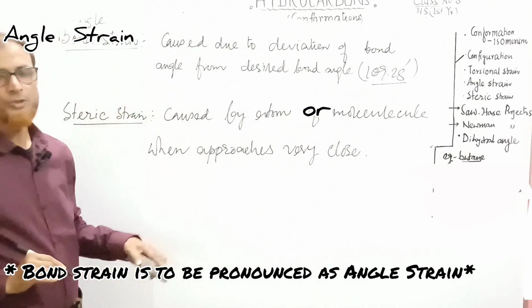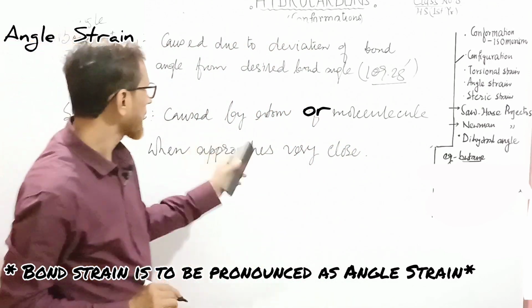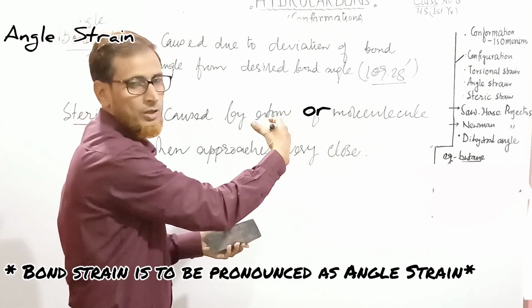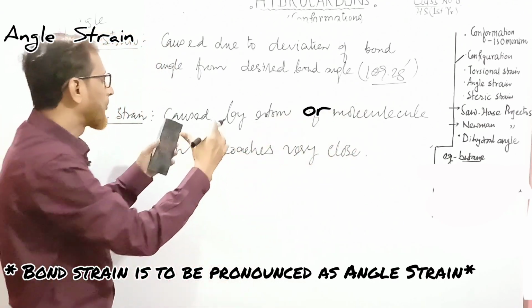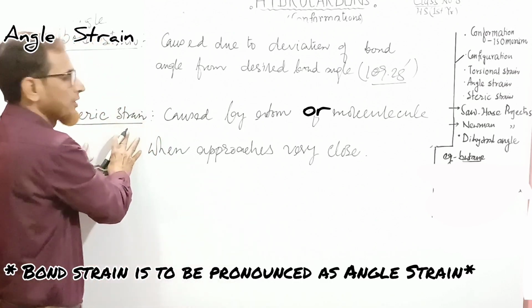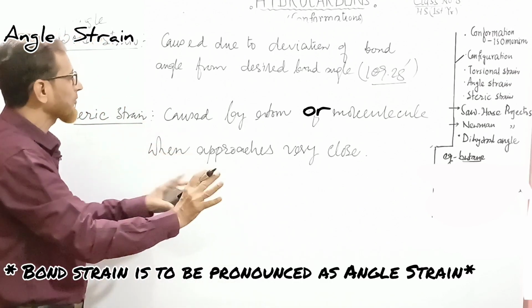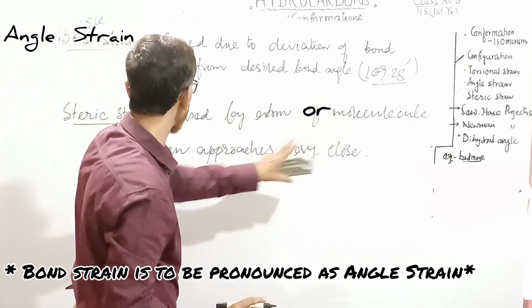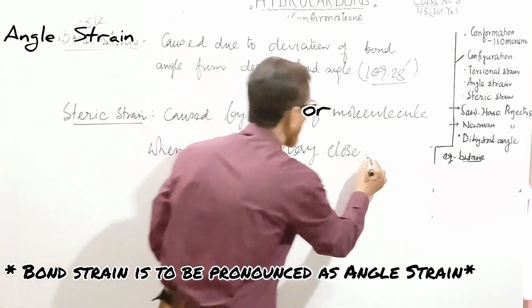When atoms of molecules approach very close, due to bulkiness of these, there is a strain on the molecule, and that type of strain caused by the atoms of molecules when approaching very close to each other